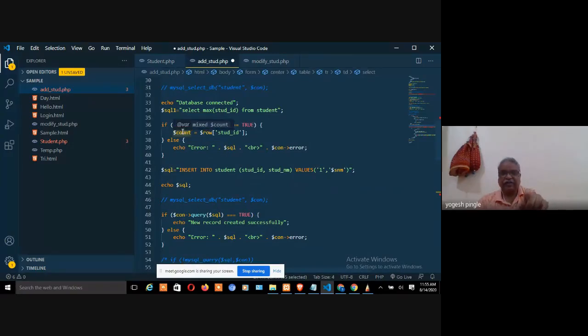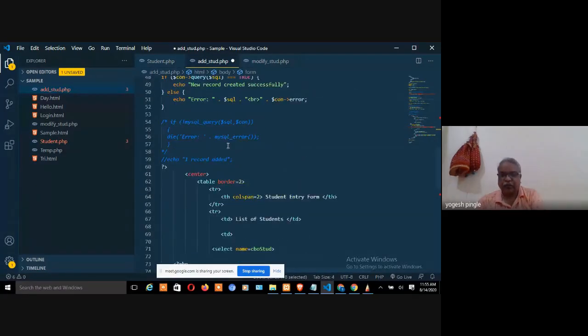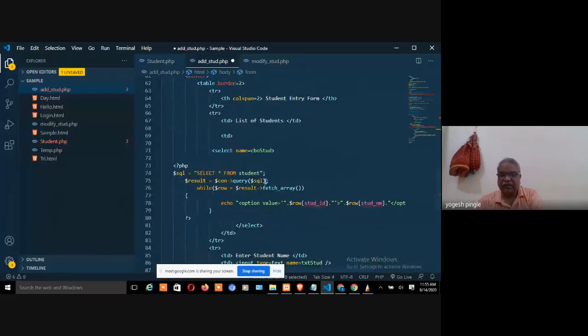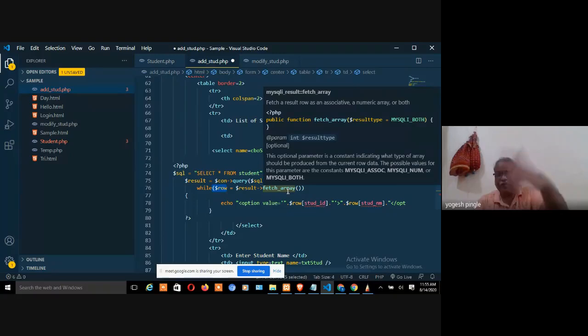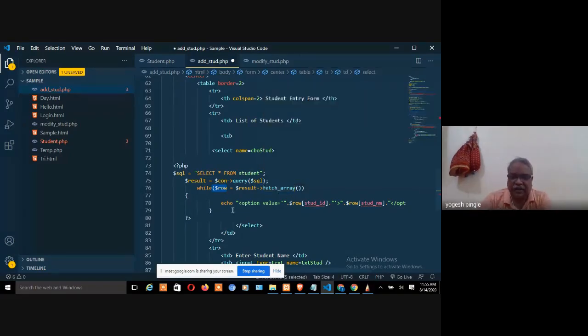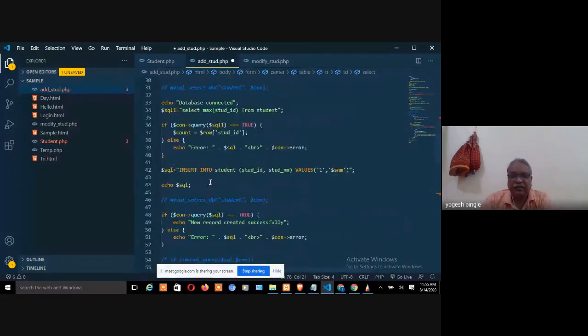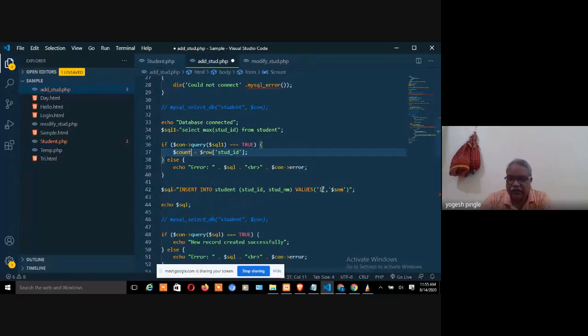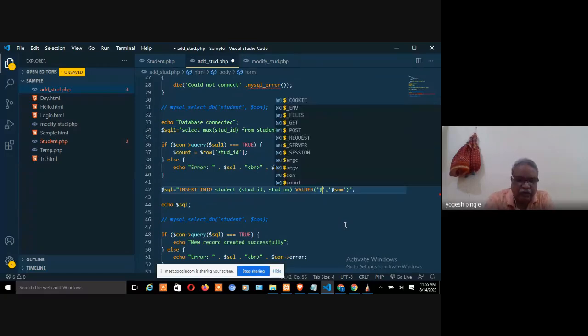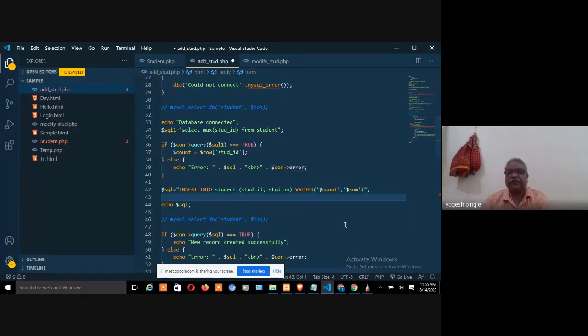Let's say if you put it like this, just see whether you are getting the value or not. If the value is not coming, pick up this result, execute the query first, and put a row, then the record will actually be fetched. You will get only one value, one count, and put that value in one variable. Once you have taken the value in the variable, instead of this 1 you will write count, the variable name. And this value is nothing but the max value. So this is the homework for you.